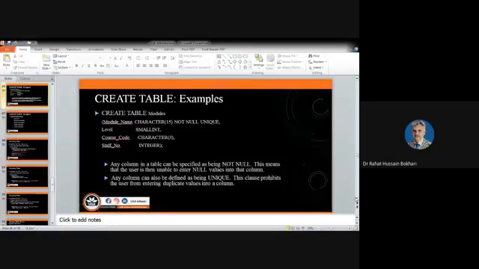The clause prohibits the user from entering duplicate values into a column. If you repeat that value in that column, you will receive an alert from the system that this is a duplicate. So these are the constraints that you can attach to any attribute, any column, during creation of a table.